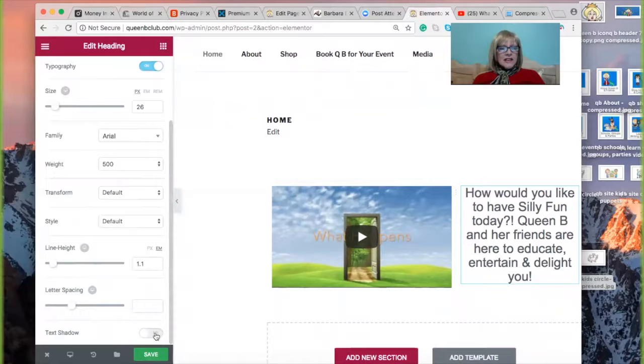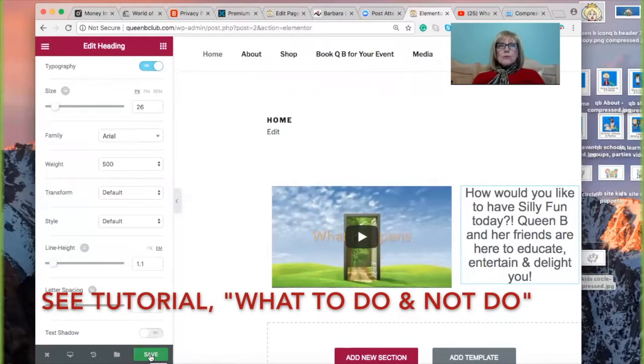And do we need a text shadow? Just because you can doesn't mean you should. We want to make the site always easier in terms of readability, in terms of how it looks. I call it, don't junk stuff up. Just because you can add a shadow doesn't mean you should. Just because you can add 15 different colors on a page doesn't mean you should. So we save that